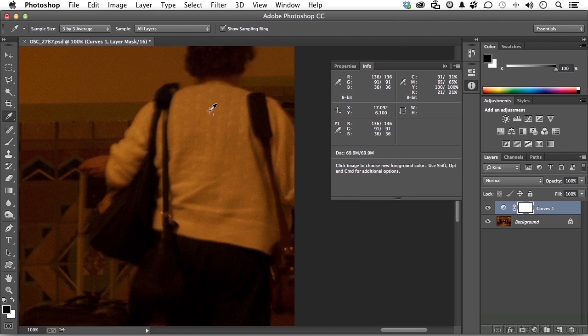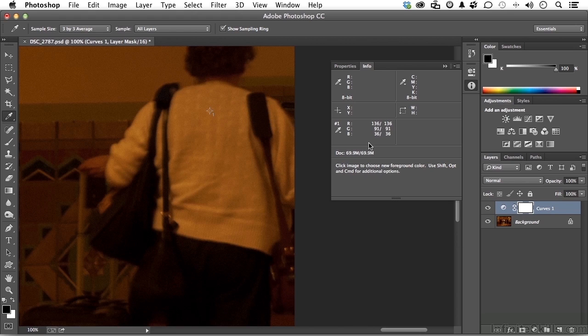Okay, it opens up the info palette. You now have a color sample right here. You can have more than one. These numbers on red, green, and blue represent what we clicked on over here. So we have a sample of what we would like to be more of a white. So do this. Add those three numbers together, 136, 91, and 36. So 136 plus 91 plus 36 equals